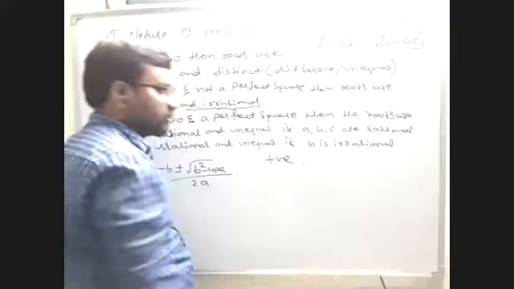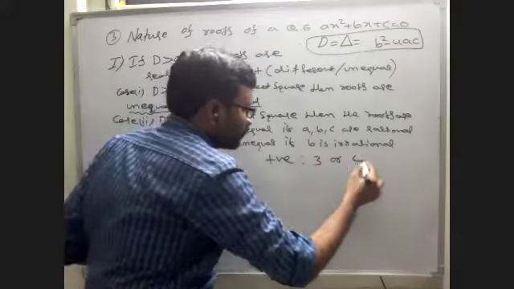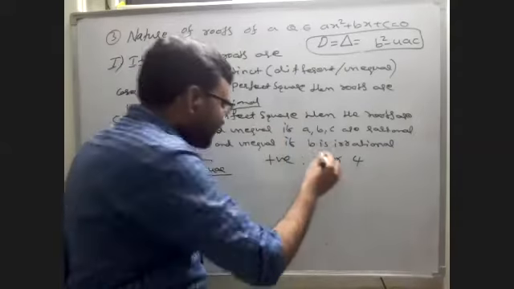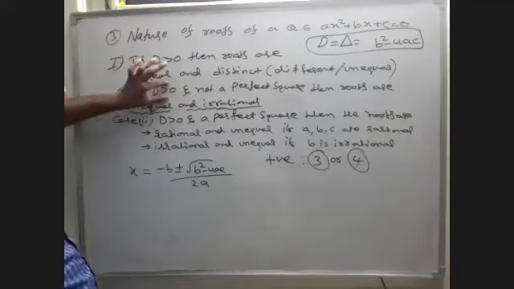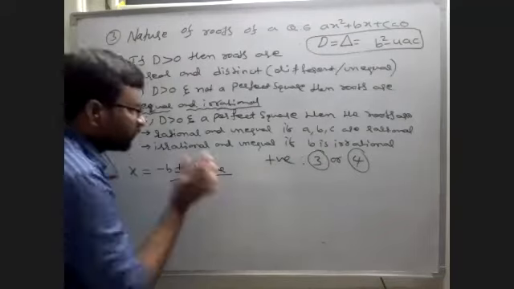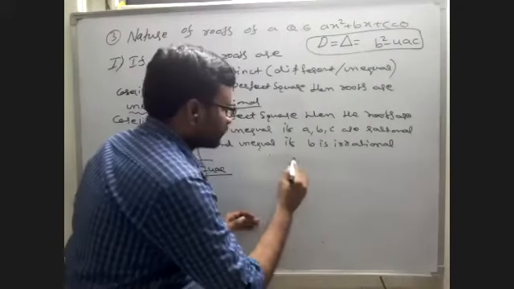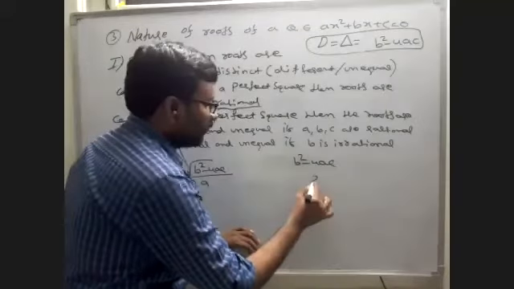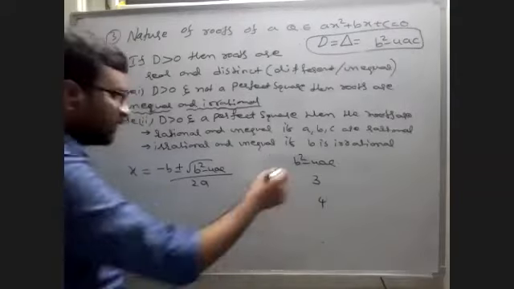There exist cases. Positive means 3 is positive, 4 is positive. I am taking only two numbers. First I will take 3 and explain, then I will take 4 and explain. First of all, delta greater than 0, not a perfect square. I am taking 3. If you find the b square minus 4ac value, sometimes you get 3, maybe 4, 5, different values. This is the value of delta.